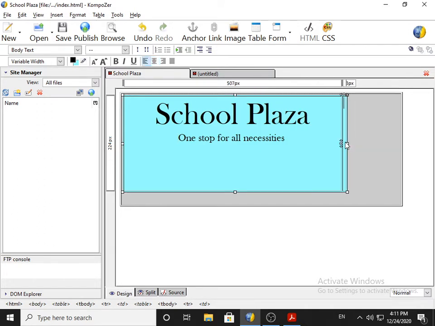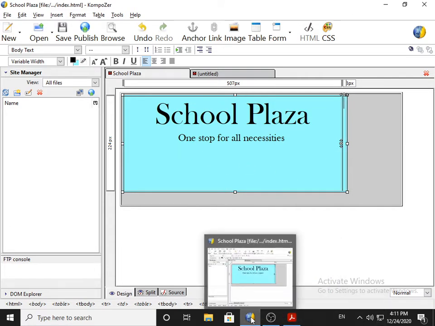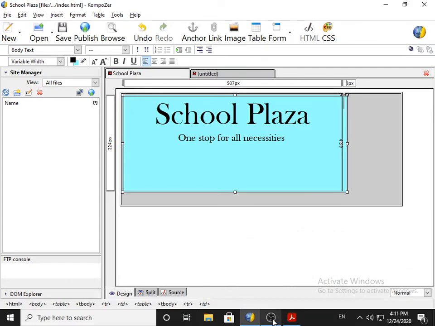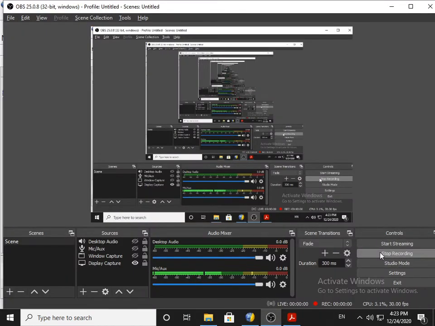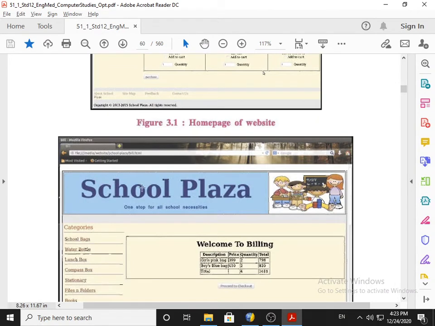Okay, and now here you need to go for the image. So as you can see here, School Plaza and its tagline are available. Now we have to add the photographs.